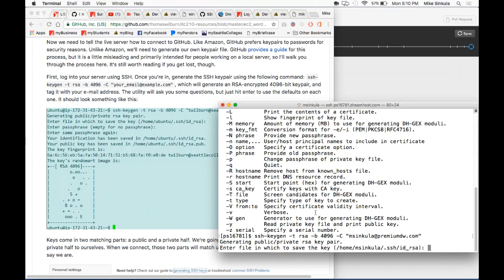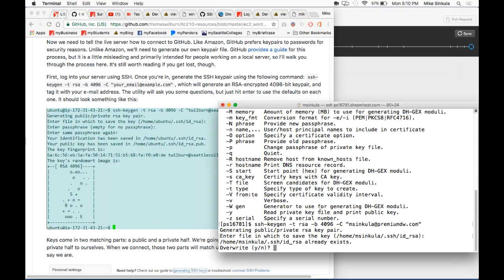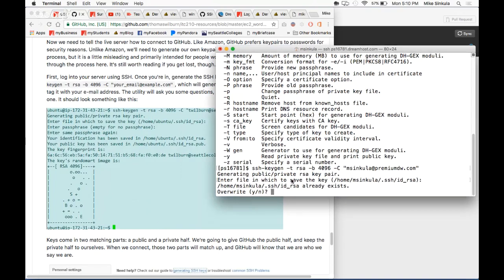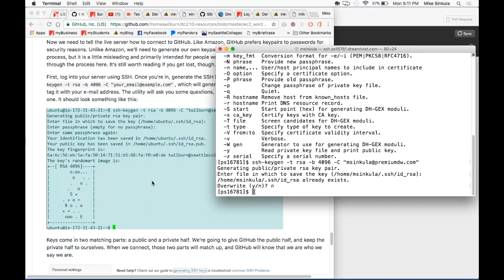Enter file. Says on the resources, the utility will ask you some questions, but just hit enter. Yeah. So basically, already exists. Do you want to overwrite? No, I don't. Right? So